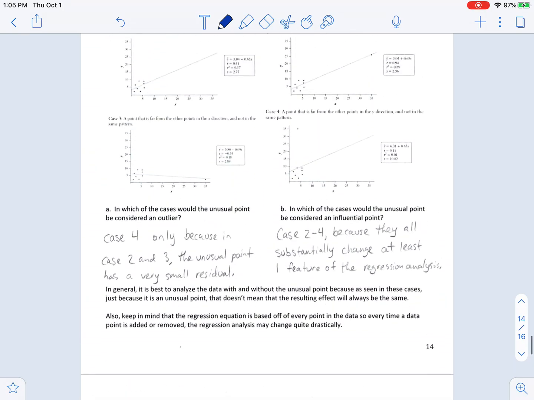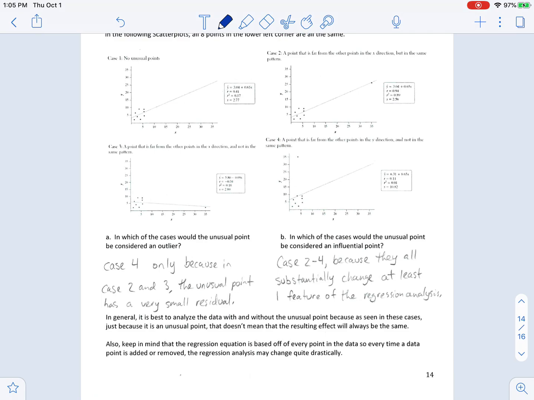Skip this last page here. We'll do this in class at some point. We won't do that right now. I'm going to cut you off. It's a lot. You're going to have lots of time to practice, lots of time to get better at this, lots of activities and different